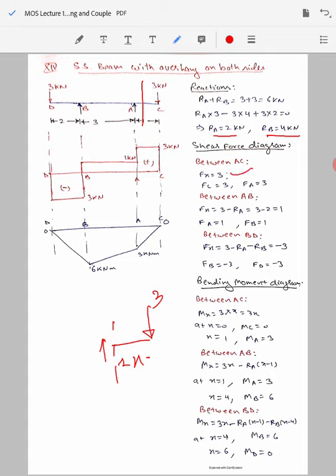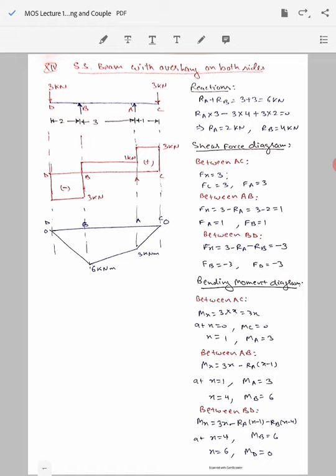that will also be equal to 3 kilonewton. So our shear force equation will be Fx equal to 3. As it is not dependent on x, so at both the ends of the span AC, that means FC and FA both will be equal to 3 kilonewton. We go ahead and